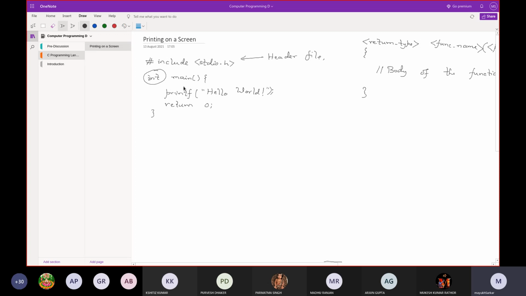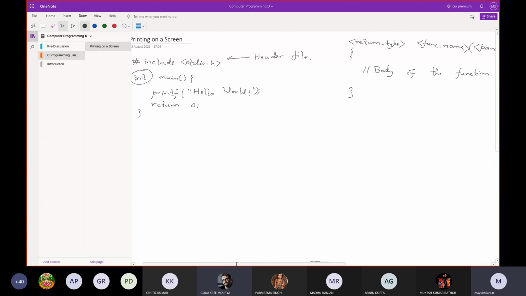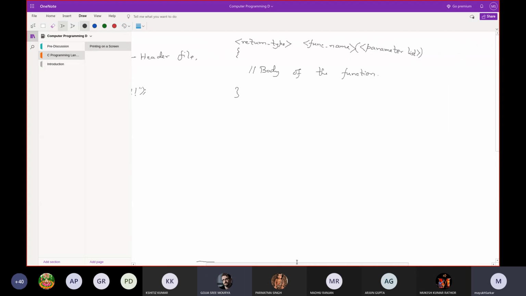Now what is int? Sir, does the parameter list include the data type of each parameter? When I am discussing the parameter list, it includes the data type and then the parameter name.